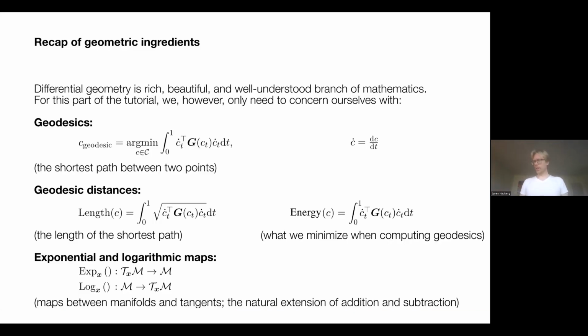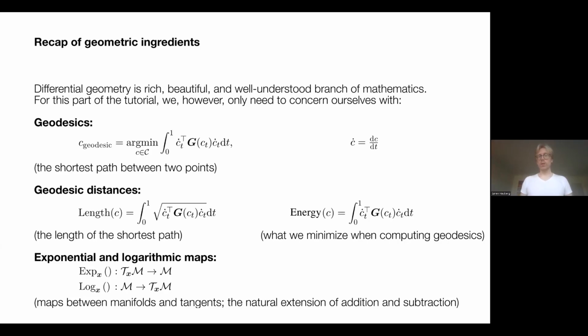And I'm in the lucky situation that this is not the opening act of the tutorial. So by now, I can trust that you're all renowned experts in differential geometry. Don't worry, we will only have to use the most elementary parts of differential geometry, which I'm summarizing here